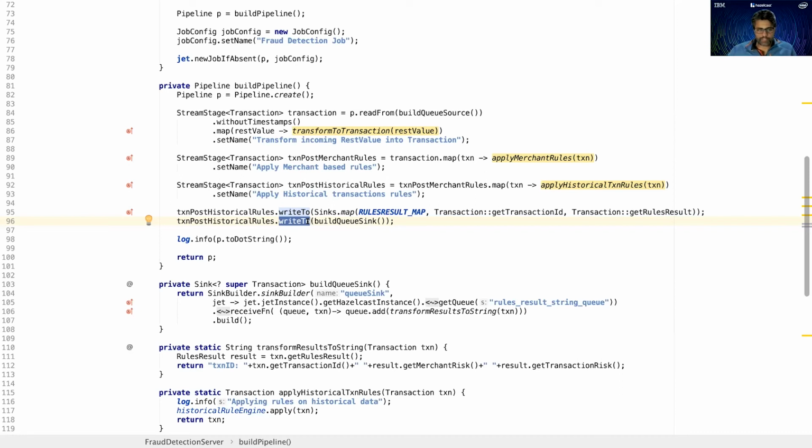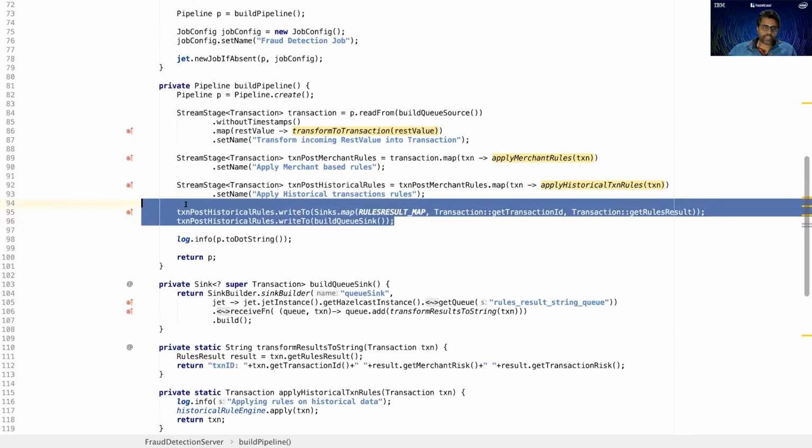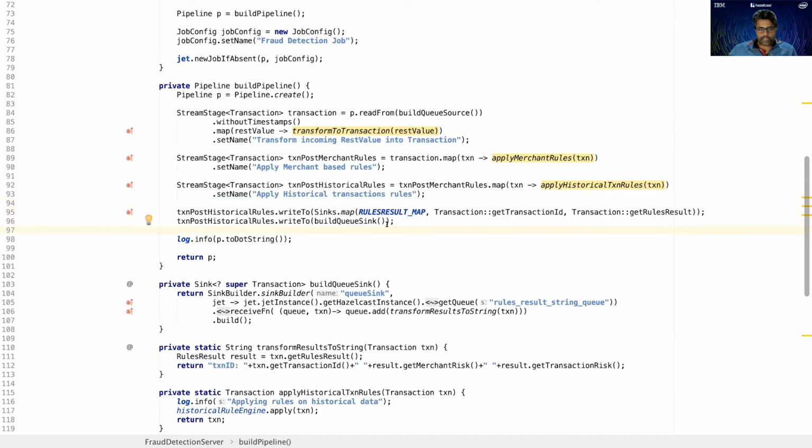That's for other purposes. But the objective here is to show you that once you have executed your business transaction, you can write your output to multiple channels at the same time.